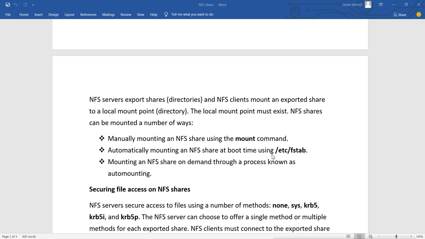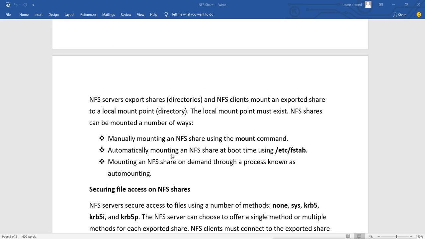If we want to make it persistent, that means every time we reboot, the NFS share must be mounted on some directory, then we can make an entry in the fstab file. But remember, when you add an entry into the fstab file, whenever your system boots, it tries to mount that NFS share, and at that time your NFS server must be running and connected.